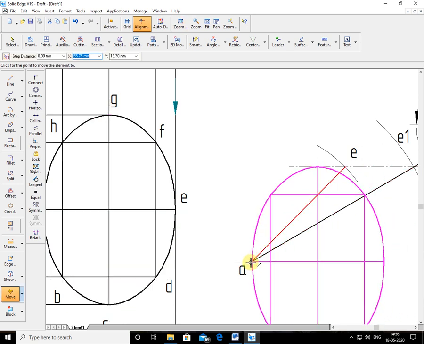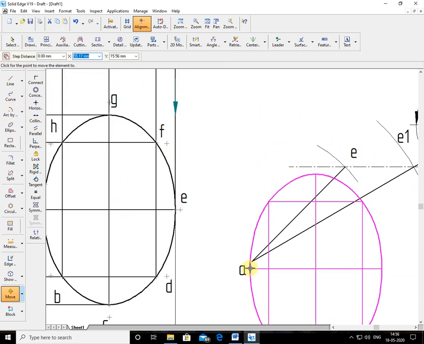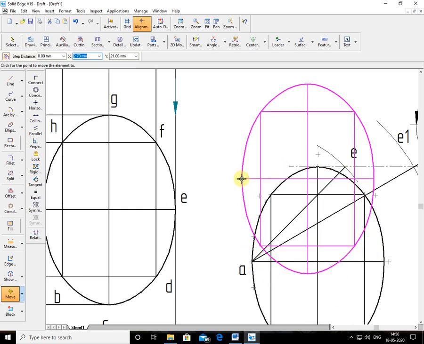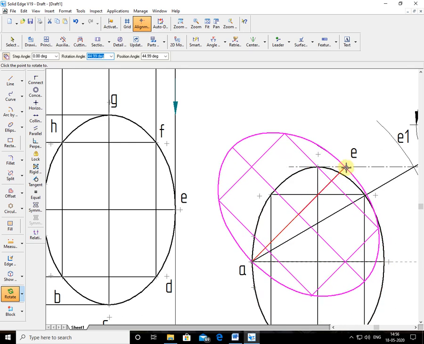Right click. So you remain in selection mode. Now I'll rotate this figure with the rotation command. For the rotation command, you have to choose the center of rotation. I will take A as the center of rotation, because A should be there only. The opposite end of this A is what? E. That E I'll bring onto this E, the E you have drawn by the locus method. So I'll keep it here. Before clicking, make sure that the copy option is off, because the original figure should not be there in the rotation command. So I'll make it off. Keep it here. This is the way you have to transfer.